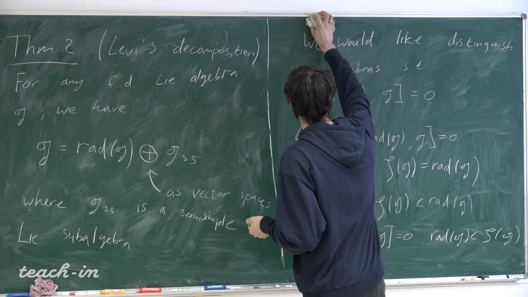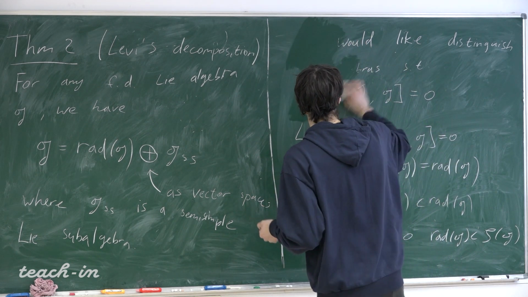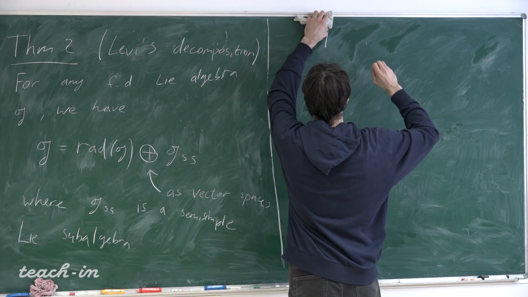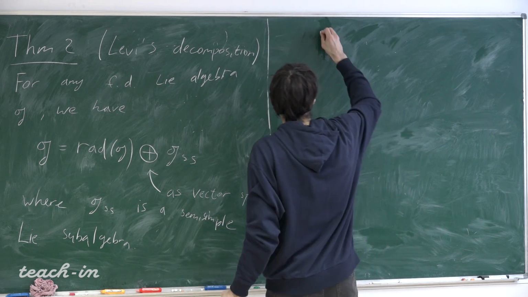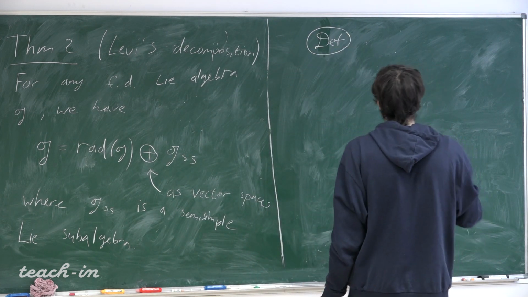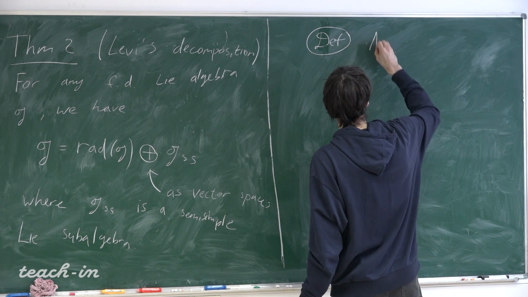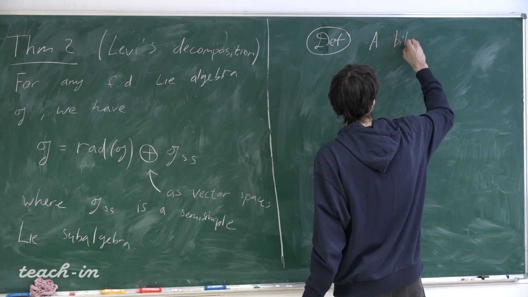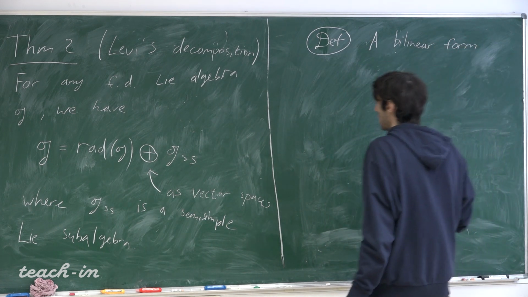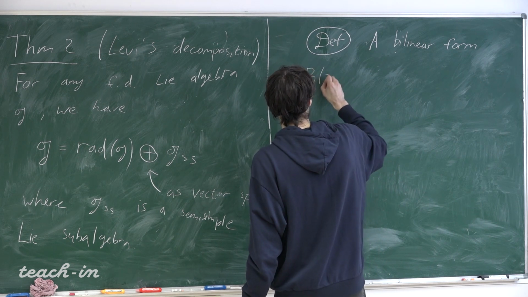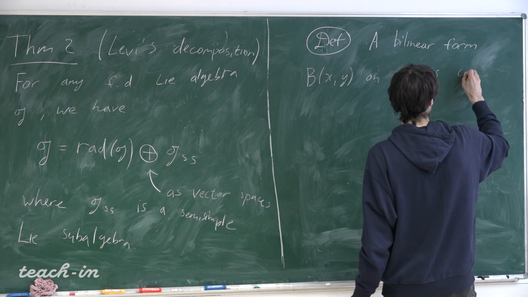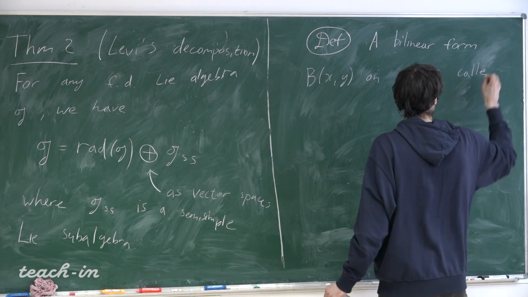So the next thing that I would like to introduce is invariant forms on G. So definition. A bilinear form B(x, y) on G is called invariant